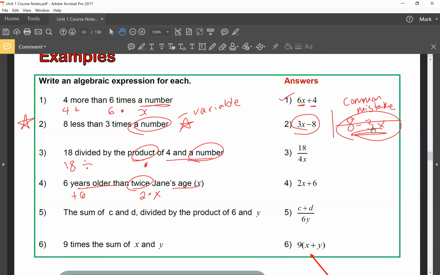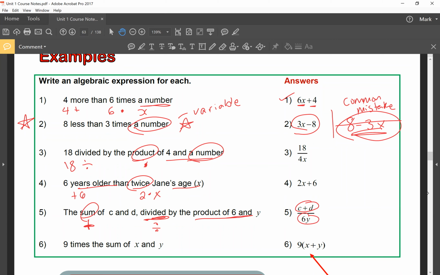All right. This is hard to teach because each question is unique. There's no formula for this. There's no magic solution. You have to take the English and change it into a mathematical expression. The sum means plus. So the sum of C and D, so C plus D, divided by the product of